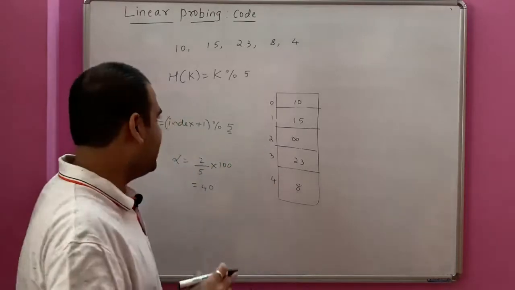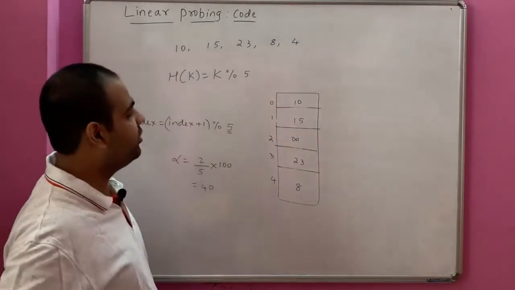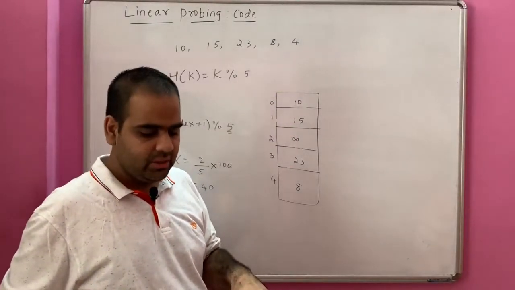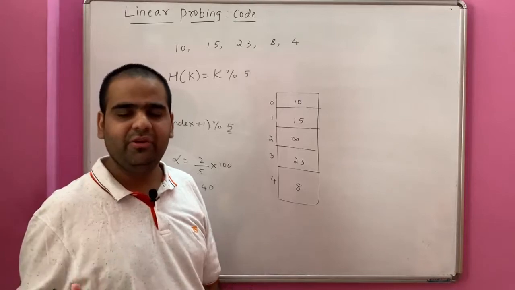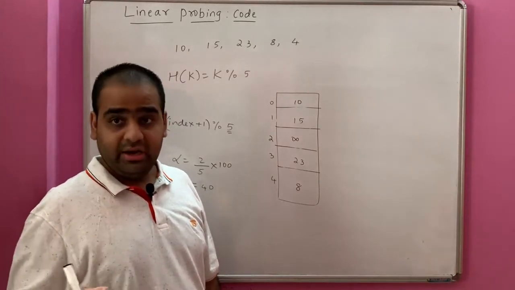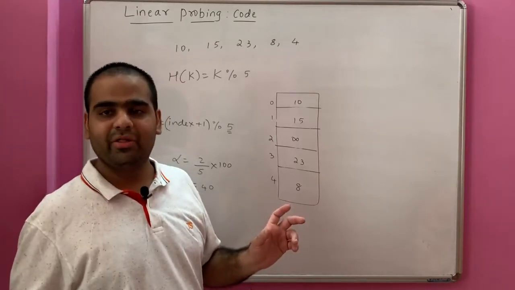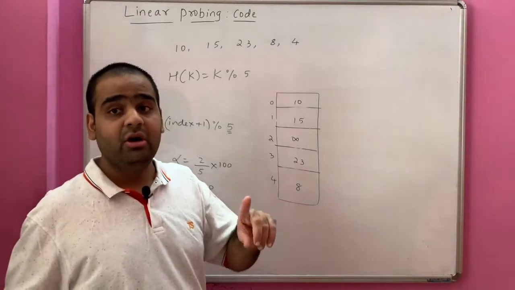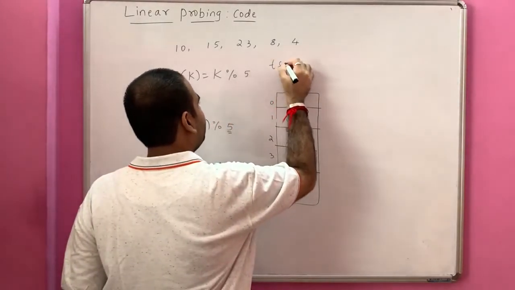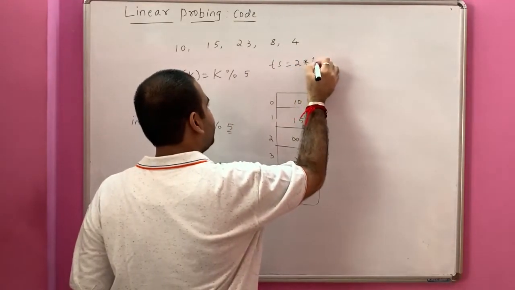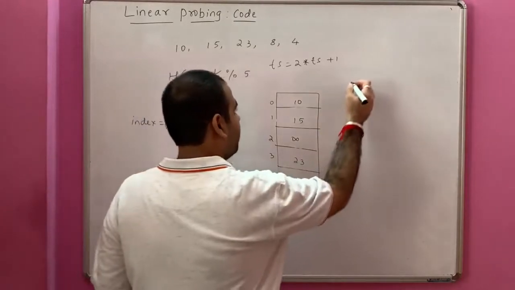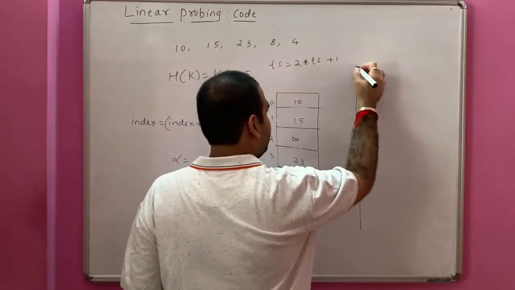Now how do we rehash? We have to double the size of the hash table. The size of the hash table is 5, 5 into 2 is 10. Now multiplication of any 2 will be an even number, and an even number apart from 2 won't be a prime number. I cannot say that all odd numbers are prime, but the probability of an odd number being prime is high. Therefore, we say table size is equal to 2 into previous table size plus 1. Now 2 into 5 is 10, 10 plus 1 is 11.